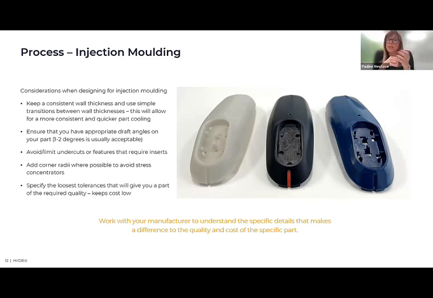Avoid or limit undercuts or features that require inserts. Again, here it's about trying to keep all the features able to be molded in the direction of the two halves. If you do need undercuts, I don't know if you can see my screen, but I have the part here. Try and have cutouts where,